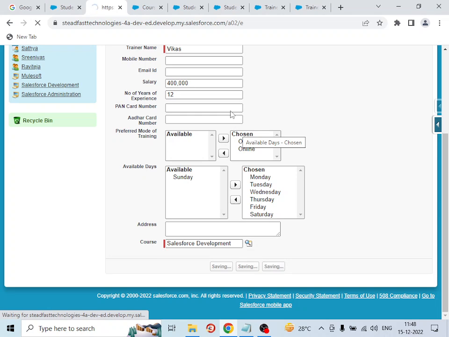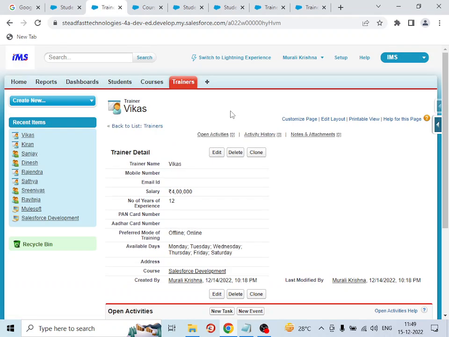So in master detail relationship, orphan records do not exist. But in lookup relationship, orphan records can exist. Orphan records means